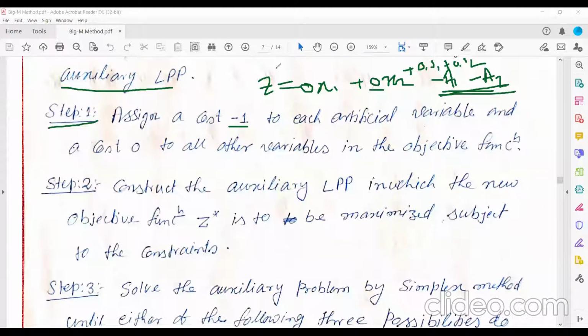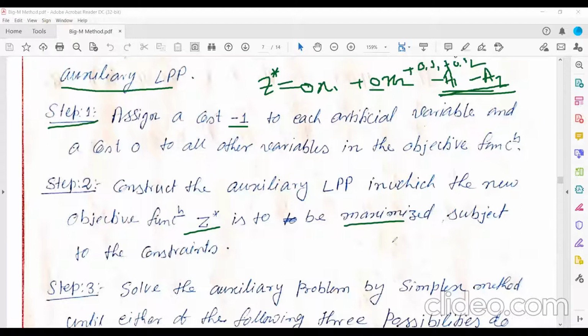Then give it a name. This is not Z; name the objective function Z star. And this is a maximization problem. As I already told you, if your problem is of minimization, first convert it to maximization and then follow the process.